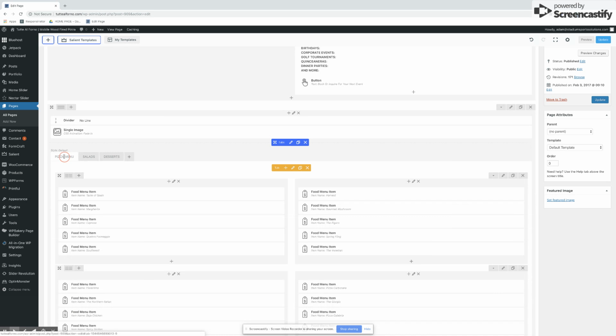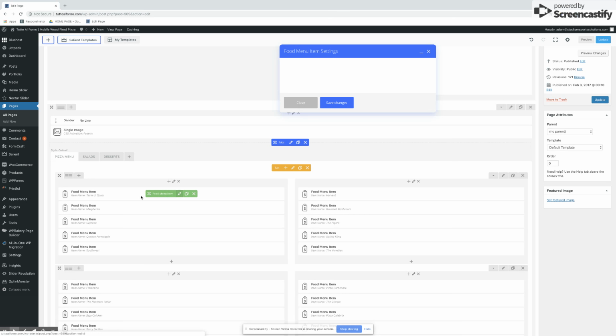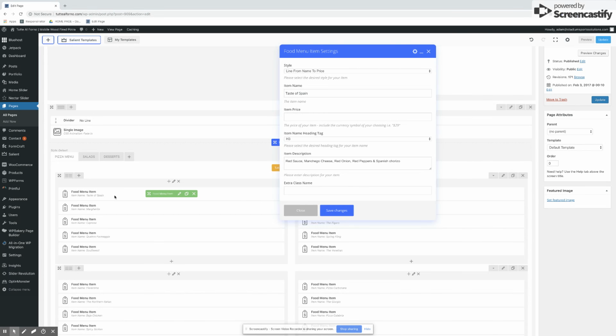So food menu, let's just say we wanted to edit this first one here, Taste of Spain, right? Here's the item name. Later on, if you want to add price,